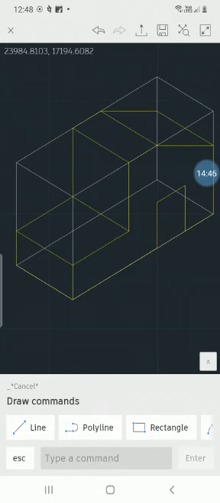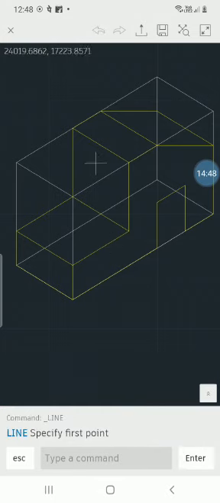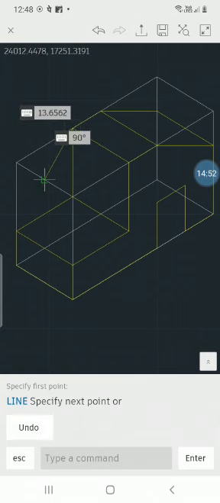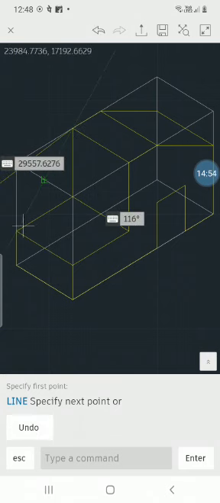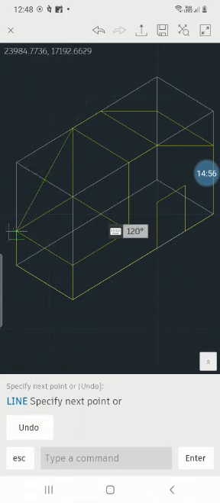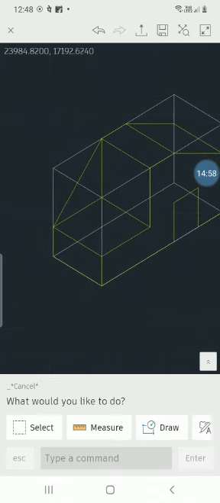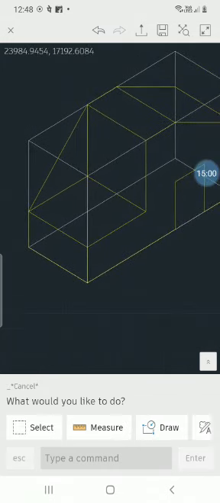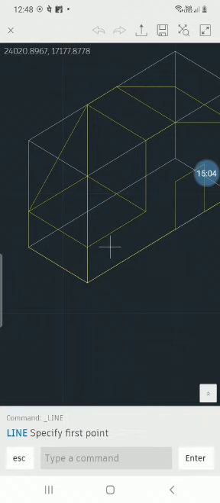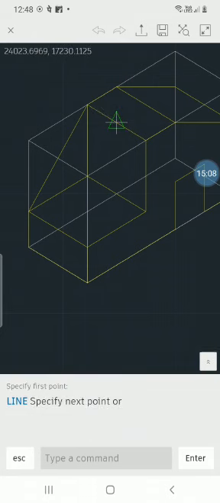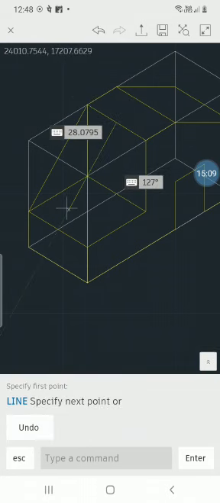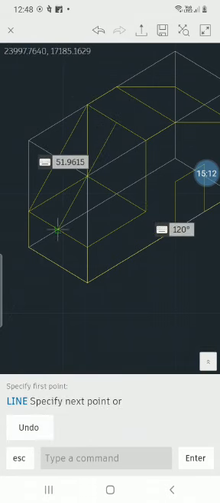So I am taking the draw, click on the line command, and from this end corner point up to this end corner point, draw the inclined line and escape. 15 mm, it means what? It is the midpoint of this horizontal width line. So we directly draw the midpoint to midpoint line in an inclined manner. Why? Because it is the midpoint of that 15 mm distance, that is why. So like that, midpoint to midpoint we could join it, escape.